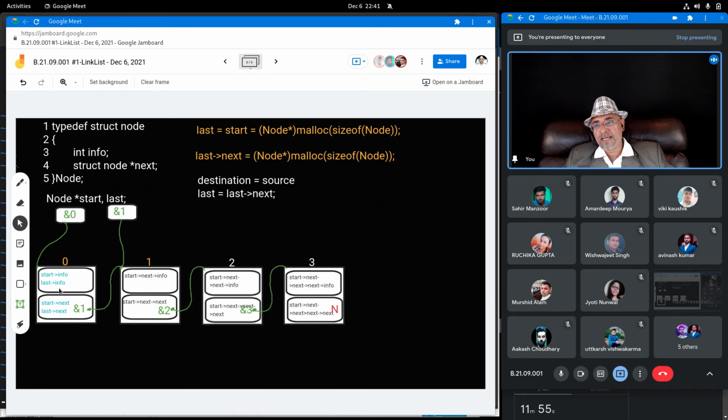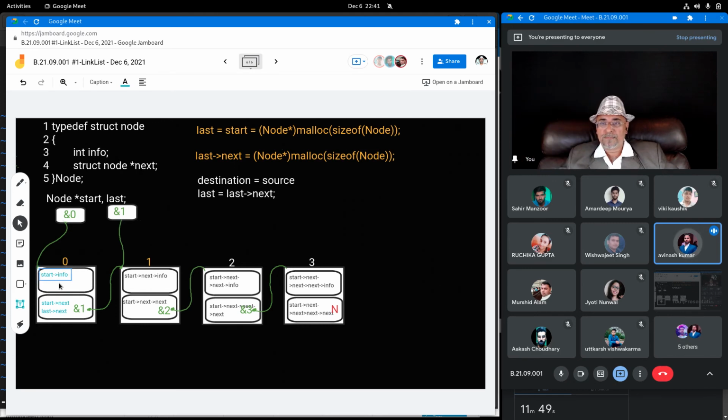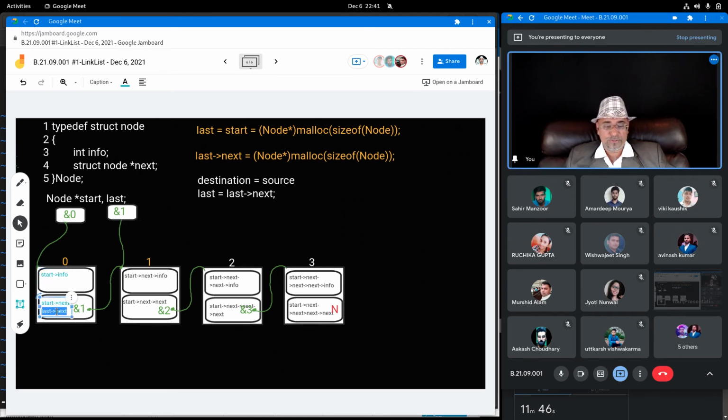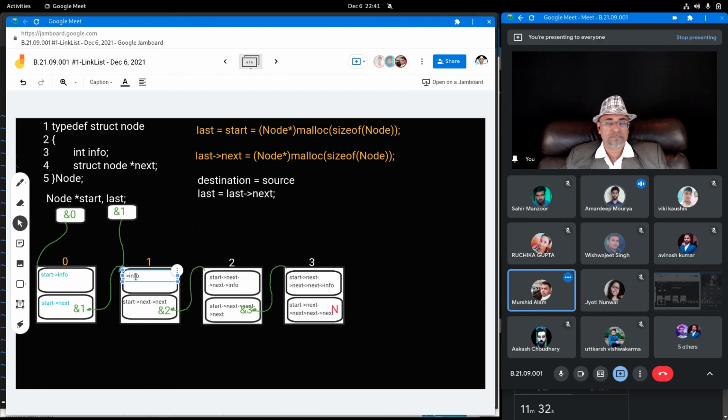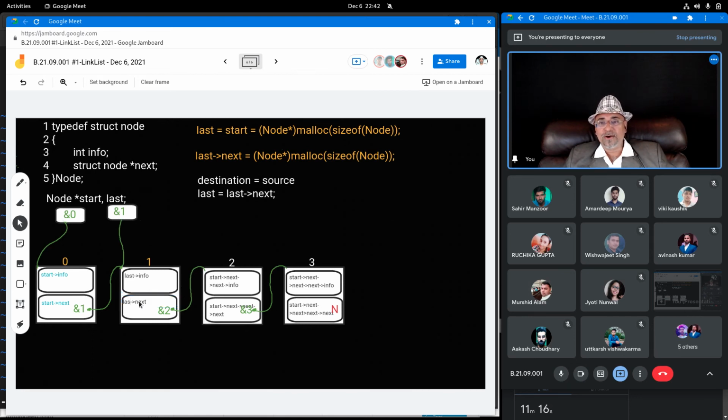अब इस लोकेशन का नाम लास्ट पॉइंट्स टू नेक्स्ट नहीं रह गया। इसका नाम अब हो गया, क्या नाम हो गया? लास्ट पॉइंट्स टू इन्फो। इस लोकेशन का नाम क्या हो गया? लास्ट पॉइंट्स टू नेक्स्ट। वेरी गुड, लास्ट पॉइंट्स टू नेक्स्ट। देखो इस बार हमने नई नोड बना दी और नाम अननेसेसरीली बड़ा नहीं हुआ।